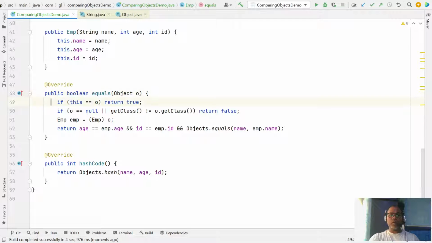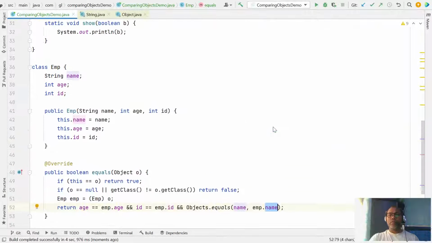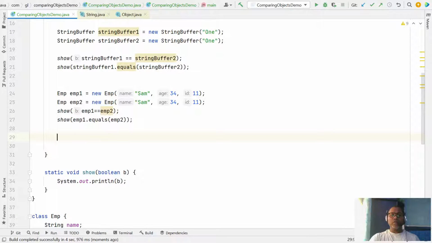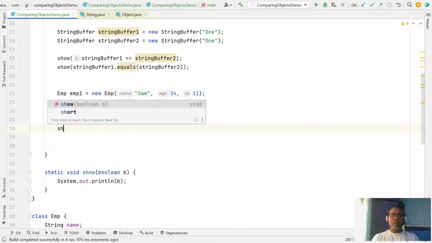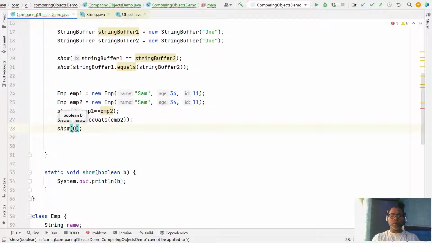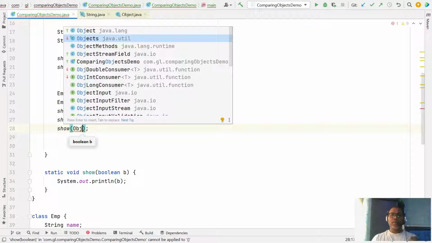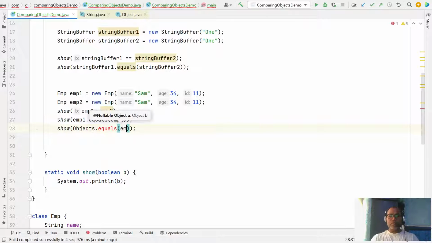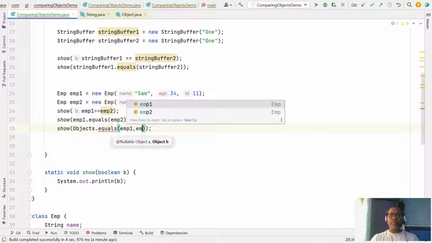Here you are checking both employees: age equal, ID equal, and name also the same. Sometimes you can simply use the equals method, or sometimes you can use the utility class java.util.Objects dot equals method, which takes employee 1 comma employee 2.